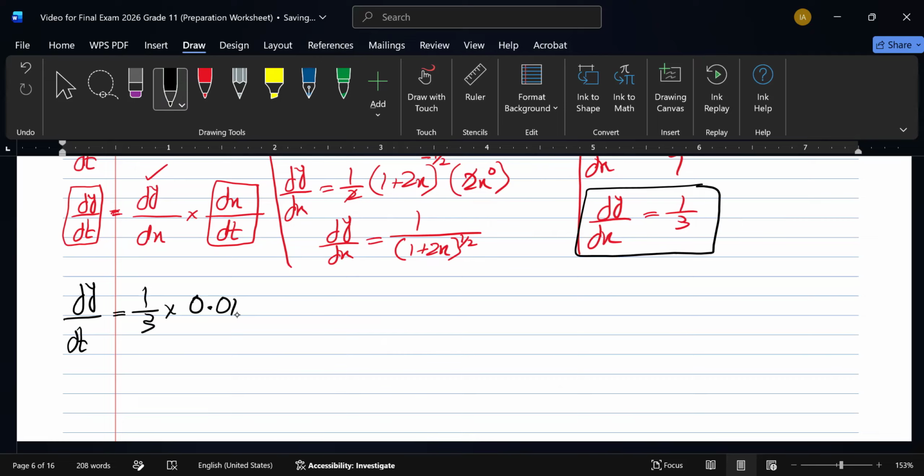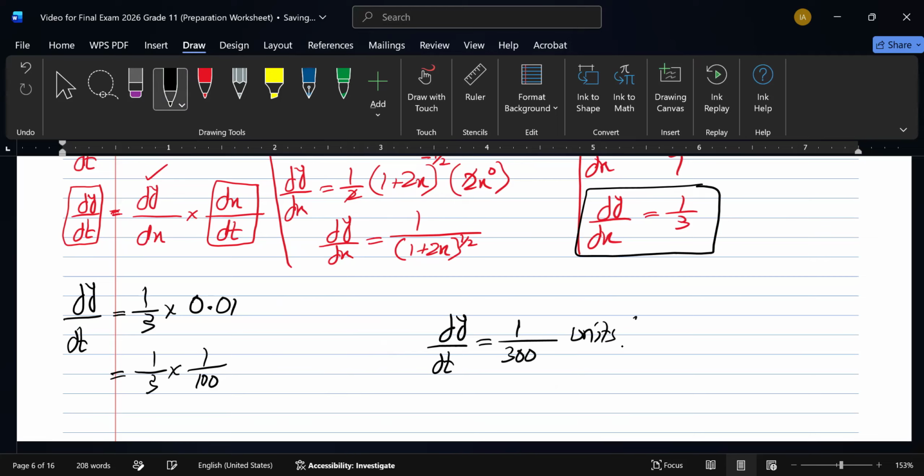Right? Now it's going to be 1/3 times 1/100. So your dy/dt is going to be 1/300